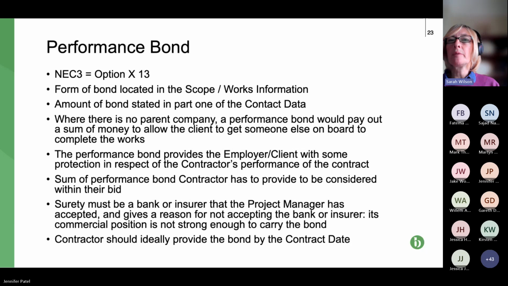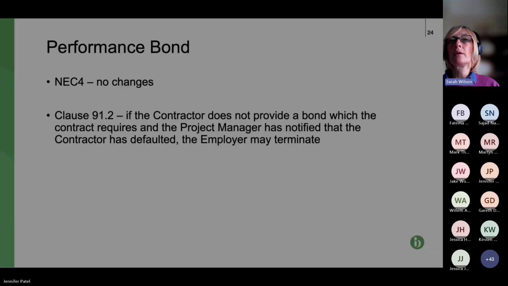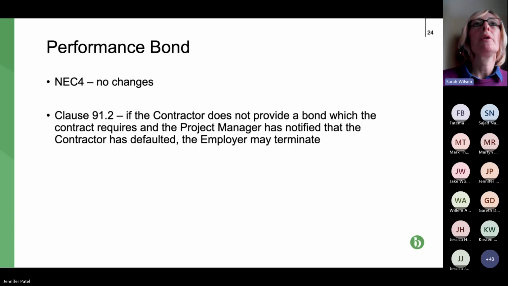We also have, can we just have the next slide, please, Jen? Yeah. So I just want to talk generally about bonds. That principle applies to other types of bond. We've already looked at and noted retention bonds. You might have a performance bond, unlikely in your types of contract, but if a design and build contractor was building, say, a waste to energy plant, they might have a performance bond to ensure that the facility performed properly